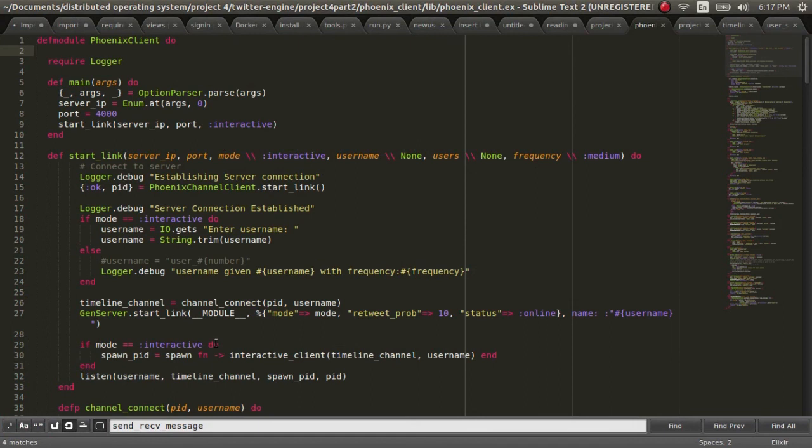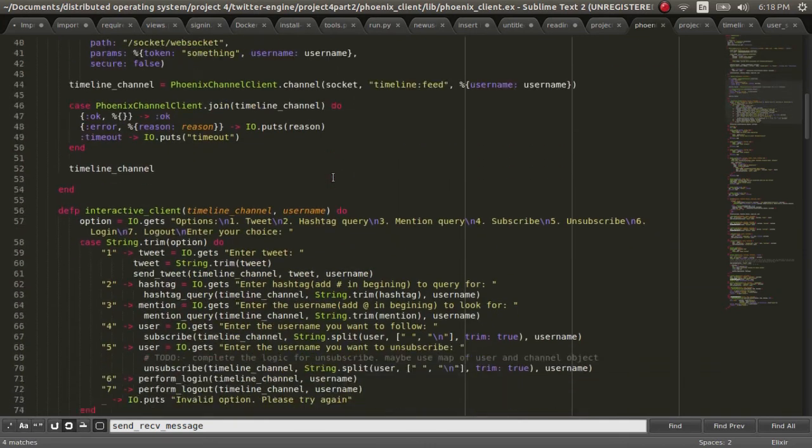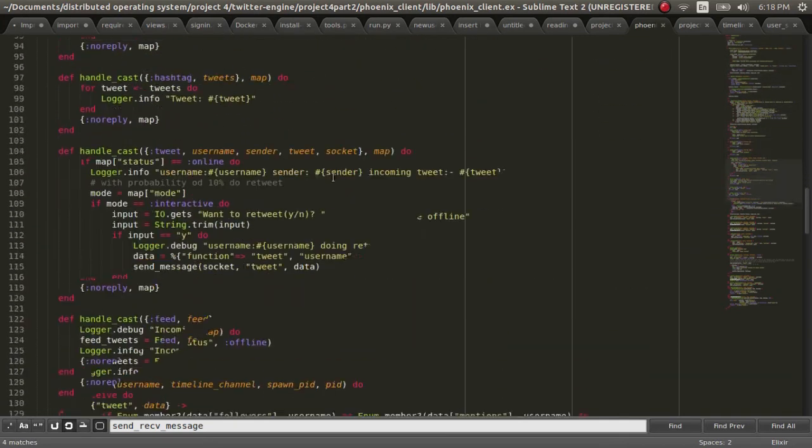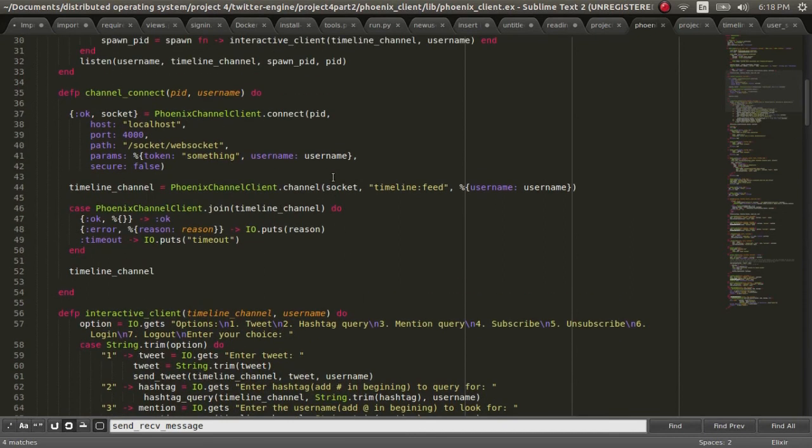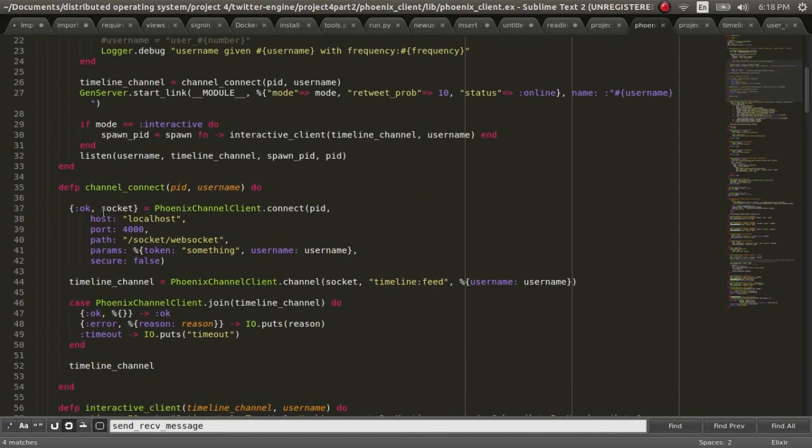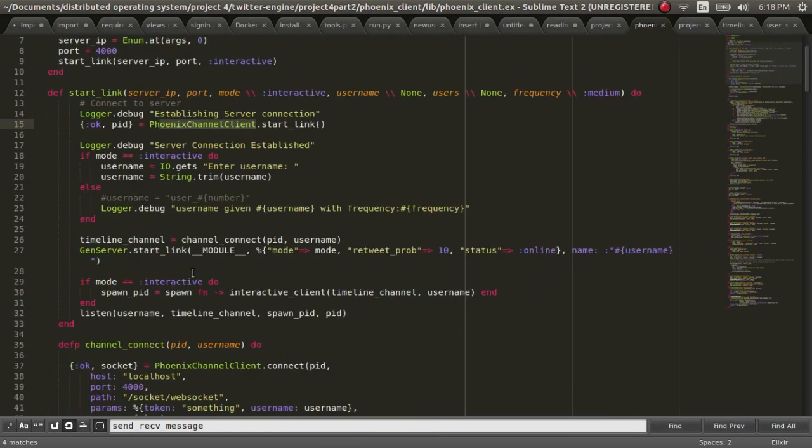So basically, for the client I am using the Phoenix channel client, and it basically uses WebSocket to connect to the server, and